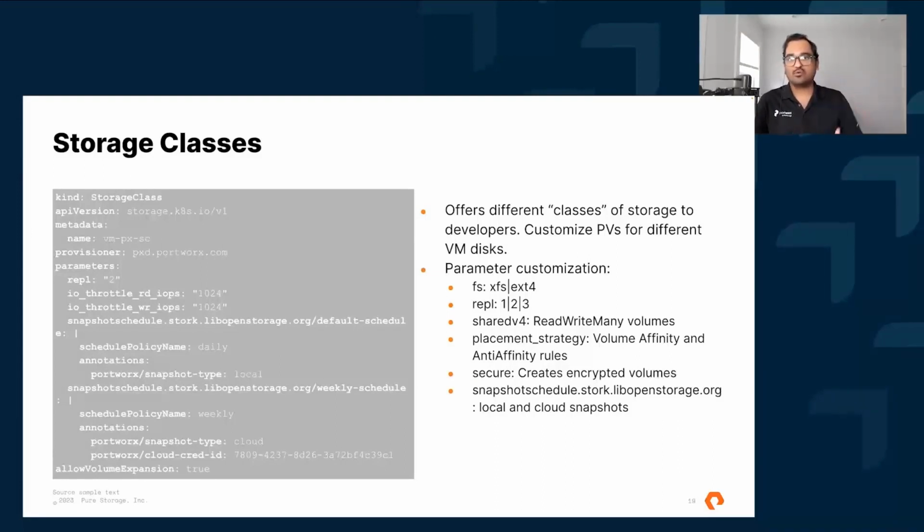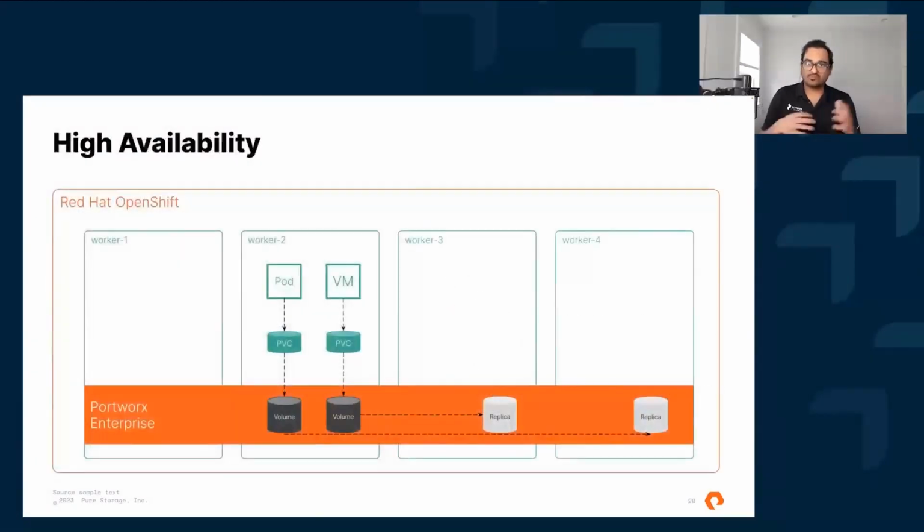And these snapshots can be local inside the cluster, or you can also push them out to an S3 backend. This can be on-prem or on the public cloud. So that's how storage classes work. Let's talk about how Portworx provides that high availability. So if you're running virtual machines or pods